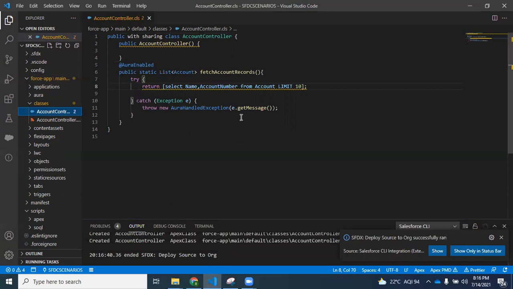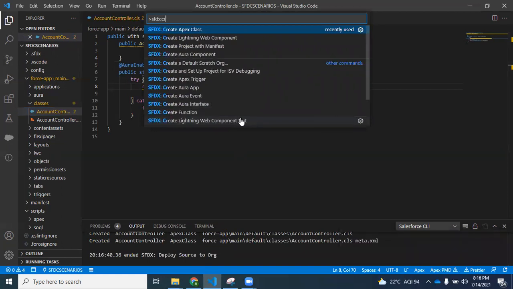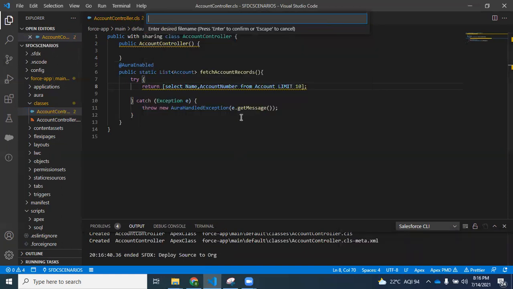Now I'll create a Lightning Web Component. Let me name it displayAccountData. This is our component name.